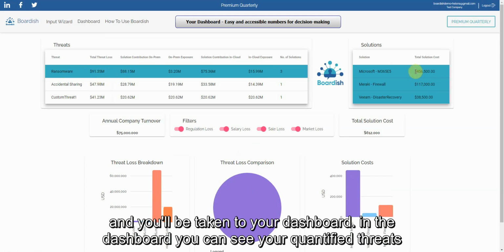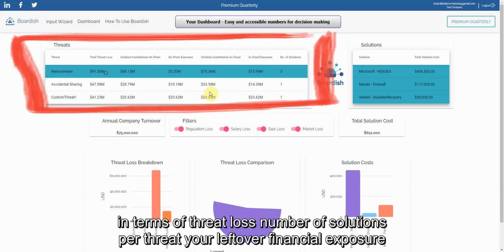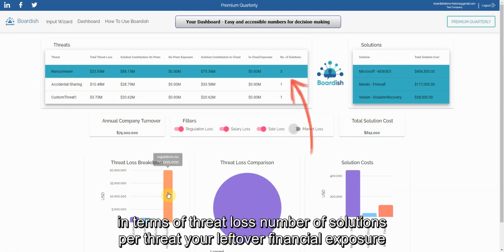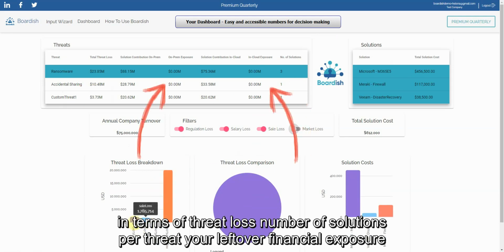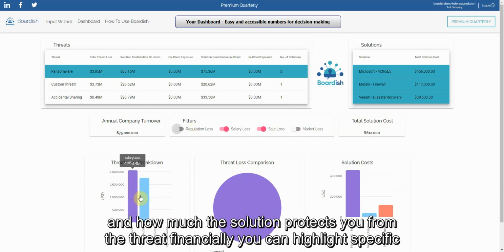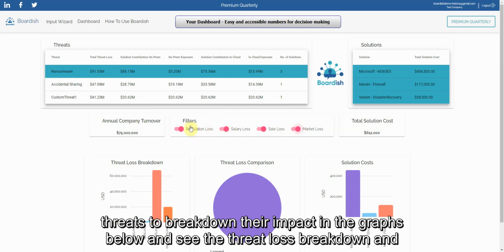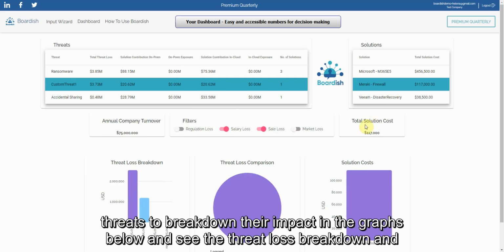In the dashboard, you can see your quantified threats in terms of threat loss, number of solutions per threat, your leftover financial exposure, and how much the solution protects you from the threat financially. You can highlight specific threats to break down their impact in the graphs below and see the threat loss breakdown and the solution cost